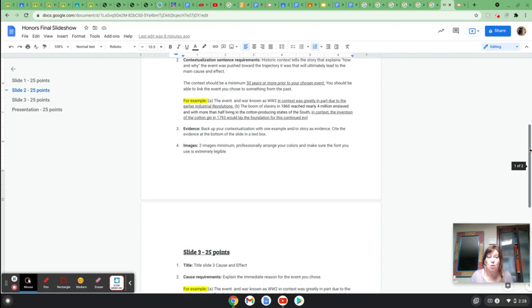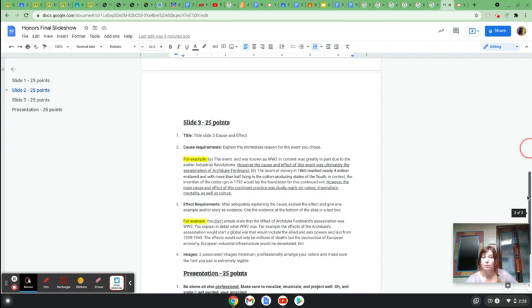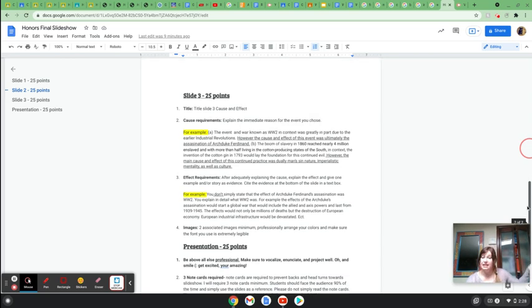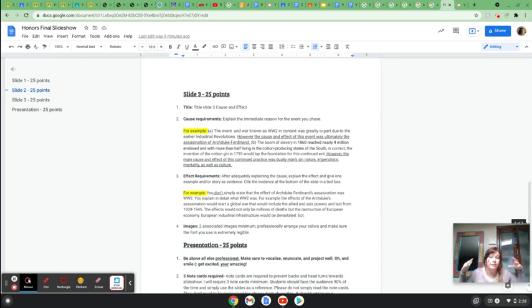Finally, last thing with the second slide, we're already over halfway done here. Images, 2 images minimum. Again, professionally arranged, extremely legible font. And then finally, slide 3, which is almost the complete parallel to contextualization slide, the only difference being its cause and effect. So let's use World War II and slavery again as an example, which, by the way, you guys